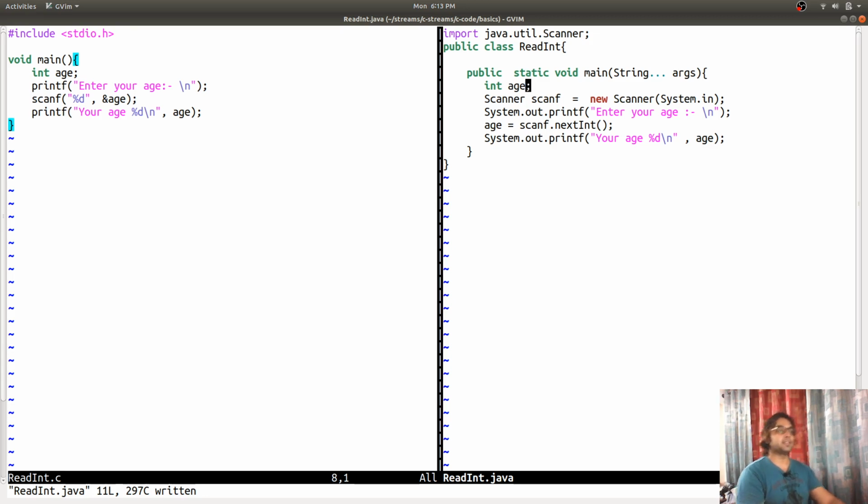But in the Java case, the memory is allocated at the beginning of the application, so age is pointing to memory present in the Java virtual machine. But both of these variables are pointing to memory in your RAM.